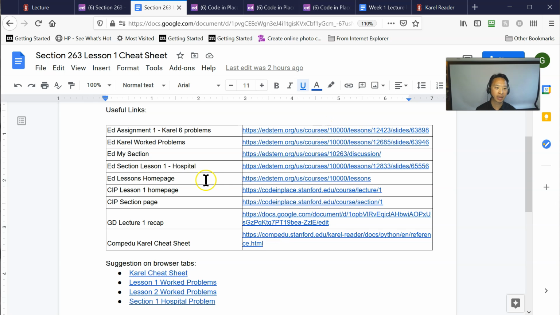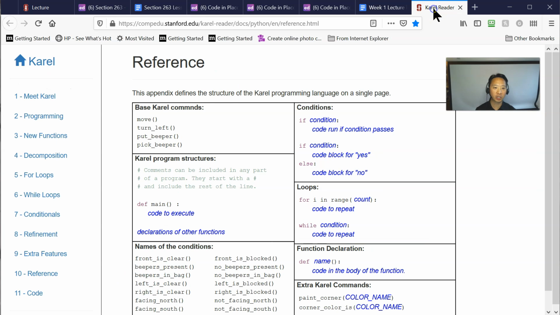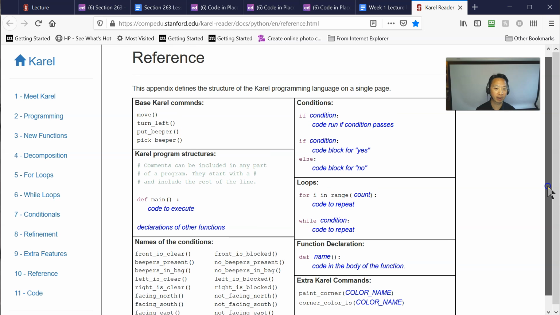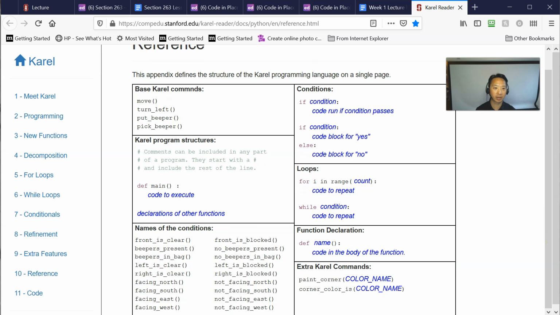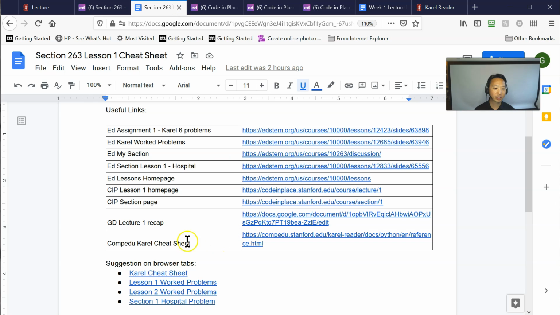So for example, there's this really cool cheat sheet, not this cheat sheet, but a cheat sheet for Karel that I found right here, and I'll just switch over to that for a second. This reference is going to be your best friend as you get to the fancier functions that we're going to be working on this week. So I've got this list of